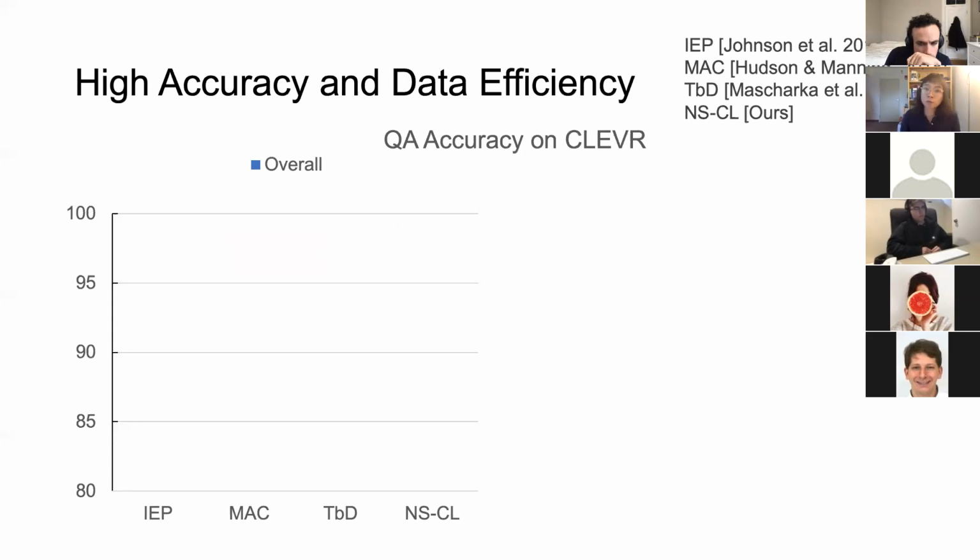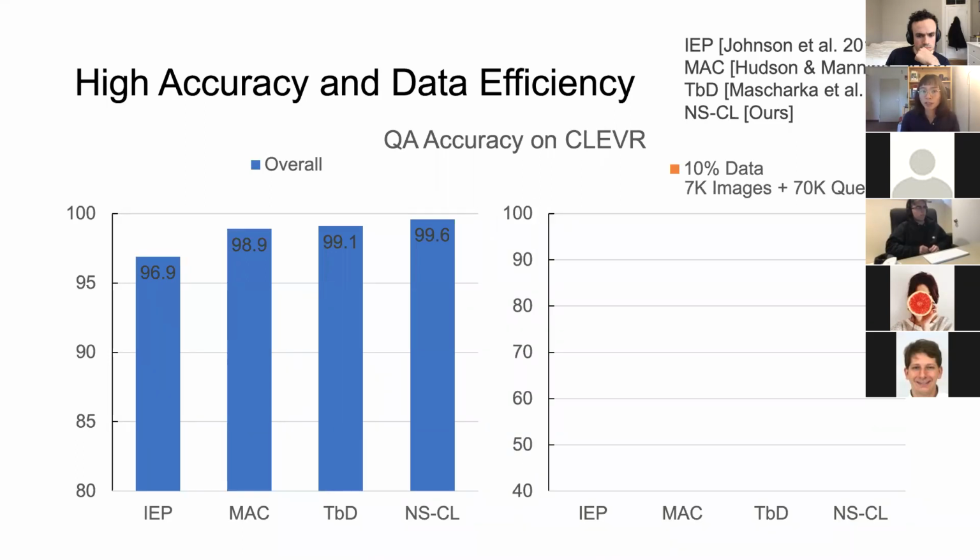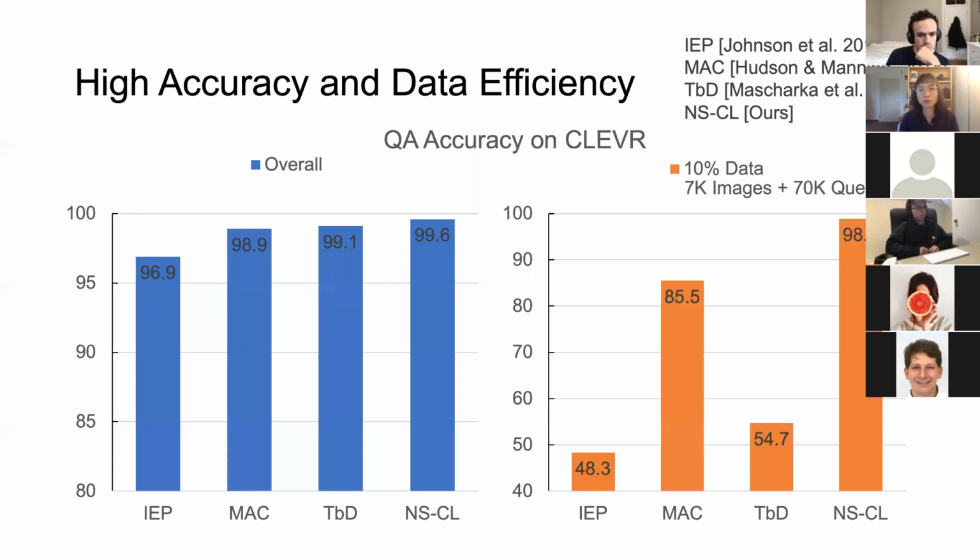So our approach brings multiple advantages over prior art. First of all, if we just look at the QA accuracy on the standard testbed CLEVR dataset for visual reasoning, our model is able to achieve a state-of-the-art performance compared with other baselines. Moreover, we show that our model is more data efficient. Using only 10% of the training data, our model can reach the performance of 98.9% in QA accuracy, surpassing all the baselines by at least 14%.